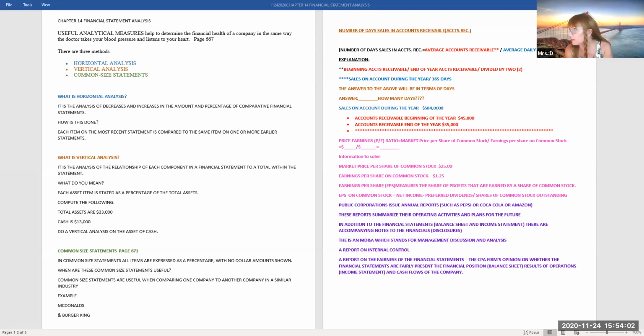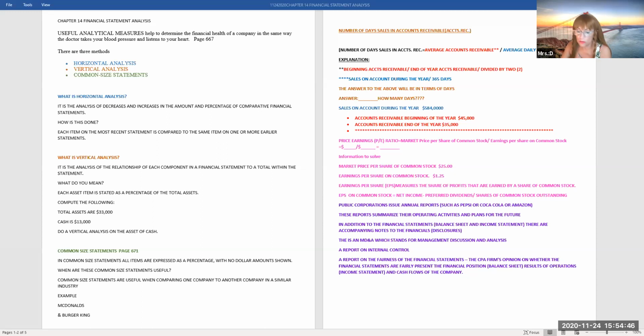Okay, the PE ratio equals market price per share of common stock, not preferred, only the common stock, divided by earnings per share on common stock. That's how you figure this out. All right, so now that you have that equation,